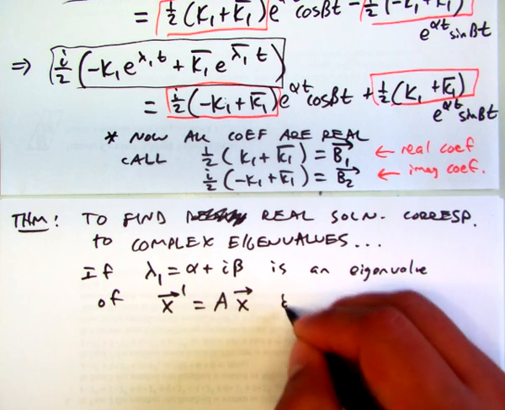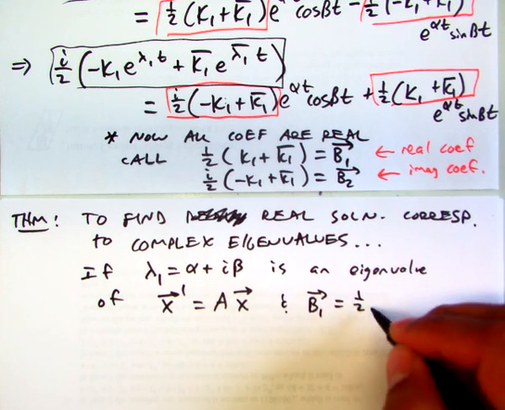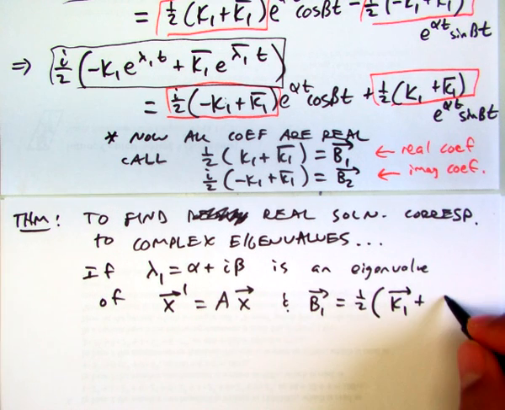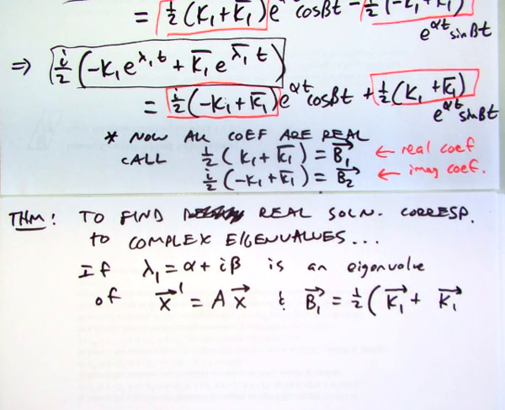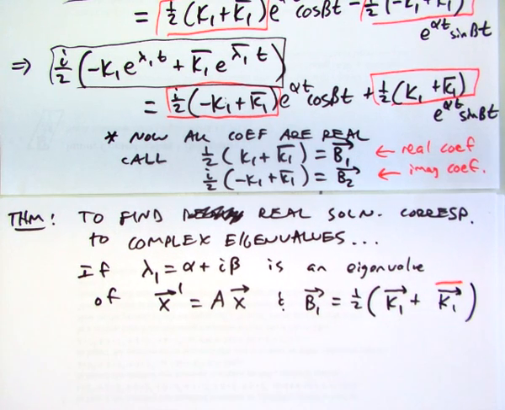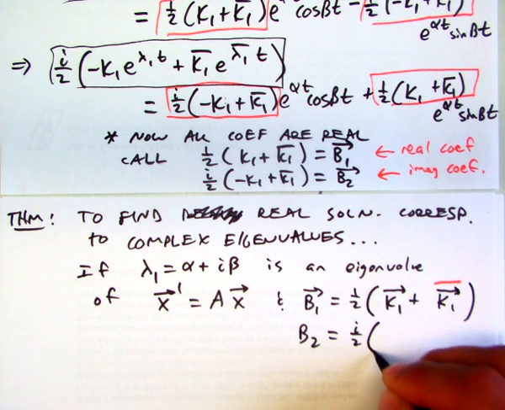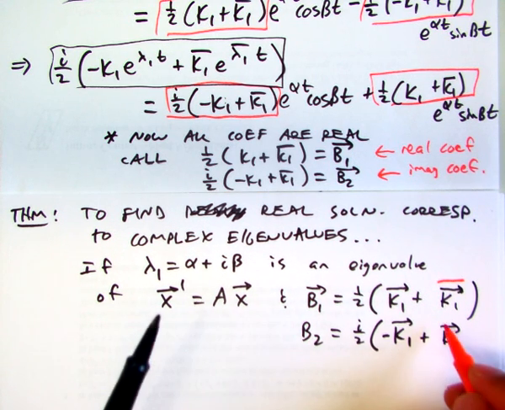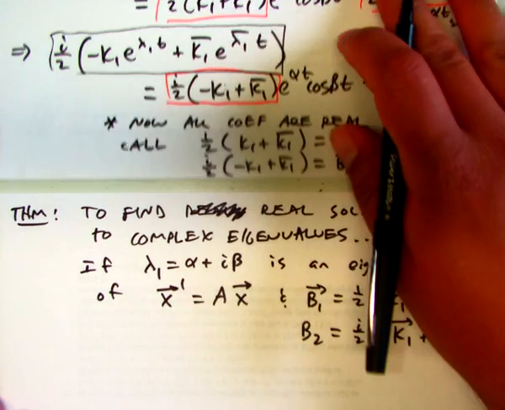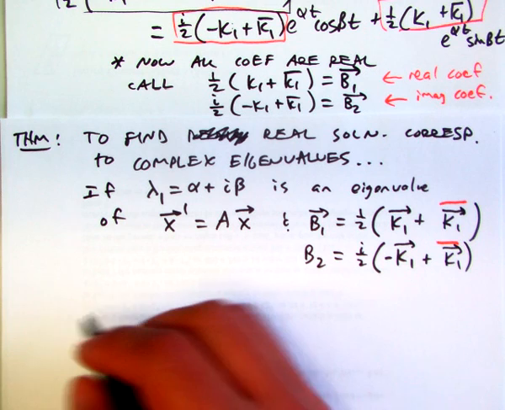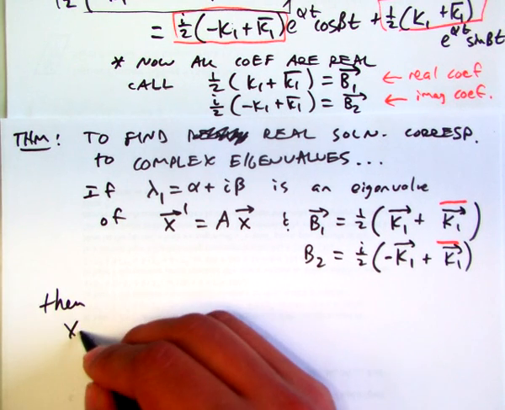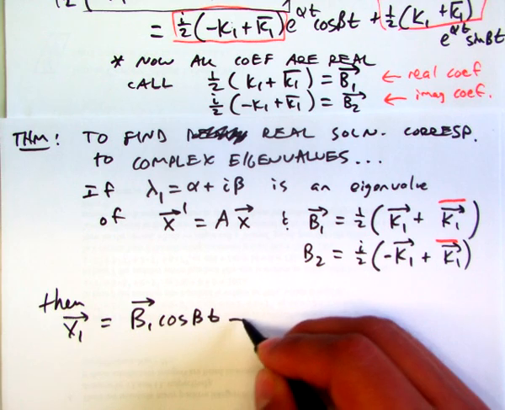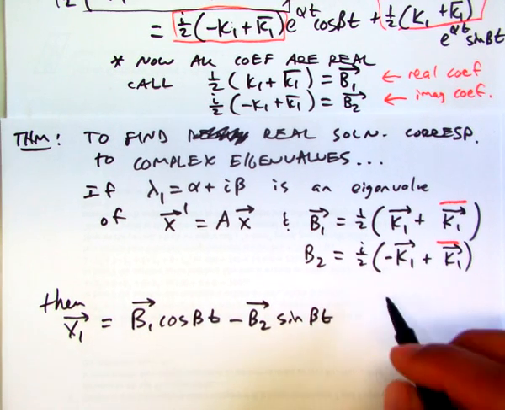and if b1 equals half of, and now I'll be using the complete notation, eigenvector k1 plus the conjugate of the eigenvector of k1, and then b2 will equal i over 2, and then this will be minus k1 plus the conjugate of k1, then x1 equal to b1 cosine of beta t minus b2 sine beta t, all times e to the alpha t,